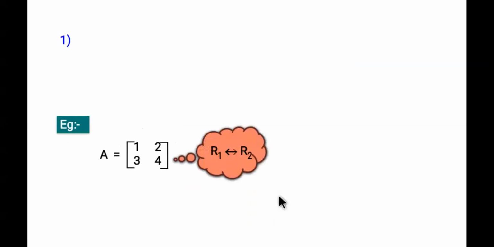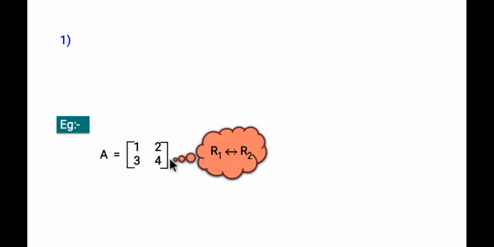Okay, and then I'll explain in detail. So let's see one example over here. I've taken one particular matrix, you can see 1 2 3 4. Now in this I'm going to apply one operation. If you see, I've written over there R1 interchanges to R2. Now what do you mean by this particular symbol? It is the biconditional symbol. That means if R1 changes to R2, then R2 will change to R1. It's vice versa. Okay, that is the meaning of interchange.